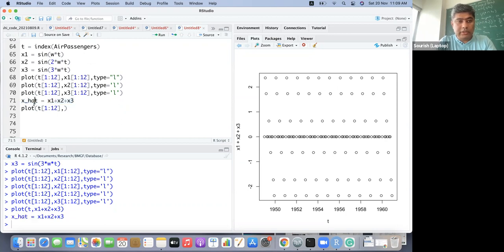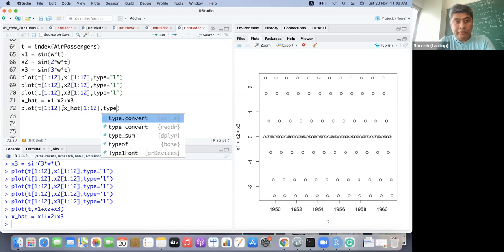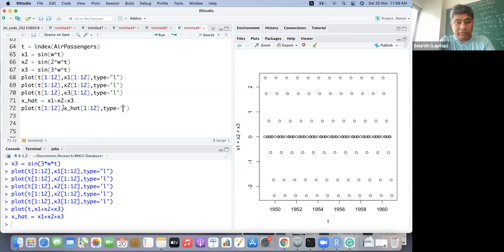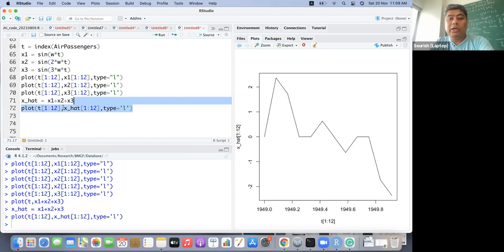For X hat, I'll take 1 to 12, the first 1 year of data basically. I have to mainly model the first 1 year essentially.